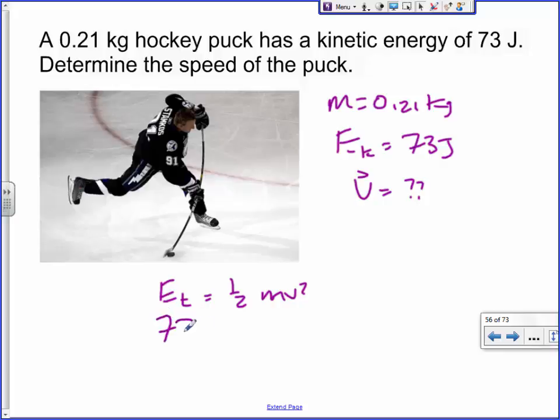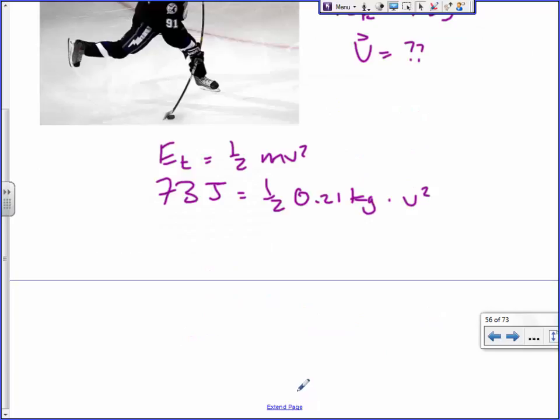Okay, I'm going to do it a different way here. Rather than converting units, I'll just go with joules. If this is okay with you and you feel comfortable, don't worry about converting a joule every single time. It'd be good to know how to if you need to, but I'm not going to require you to. How do you get v by itself?